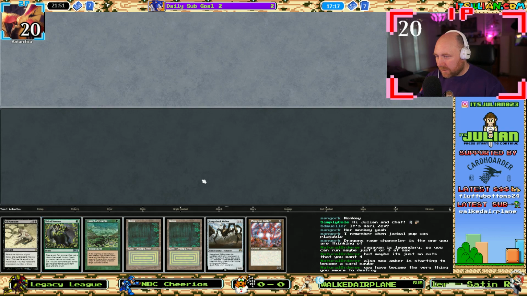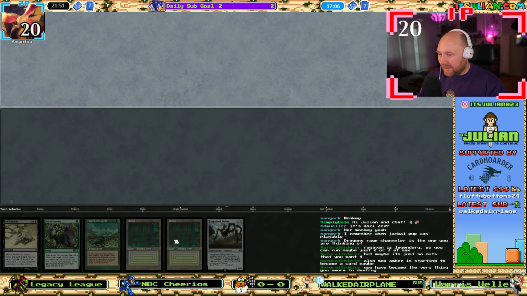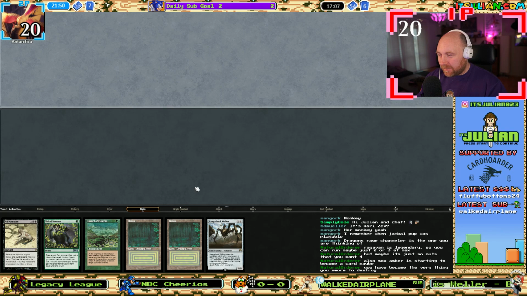We probably want to keep those 2 lands. The Phyrexian Walker? Or? Oh yeah, they're both Walkers. The Phyrexian Walker, yeah. I think this one is, let's put the Phyrexian back. Yeah, cool. And then run out the Carpet first turn, so...